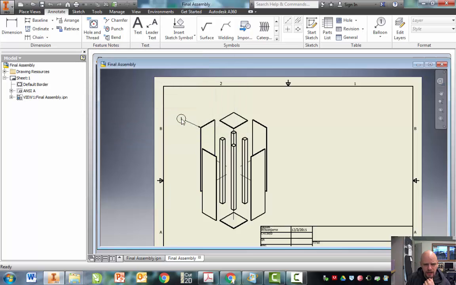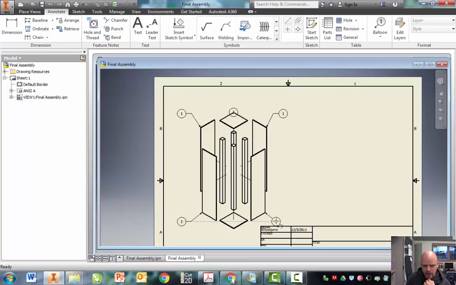Usually just hit OK, OK, click, click, right-click, Continue, click, click, click, right-click, Continue, click. Oop, that one got stuck. Click, click, click, right-click, Continue,